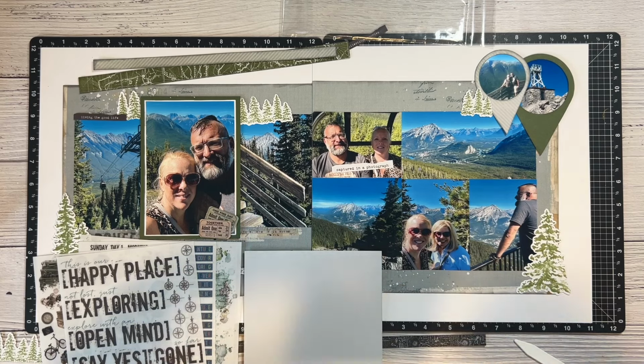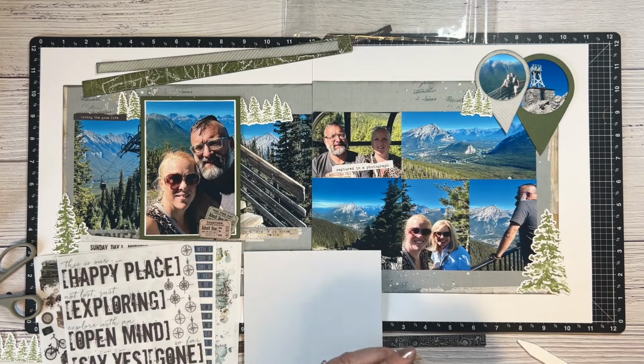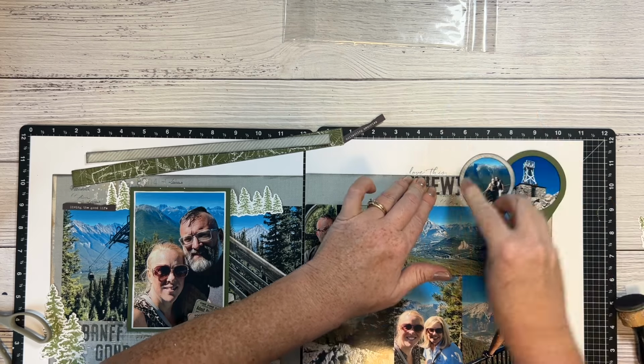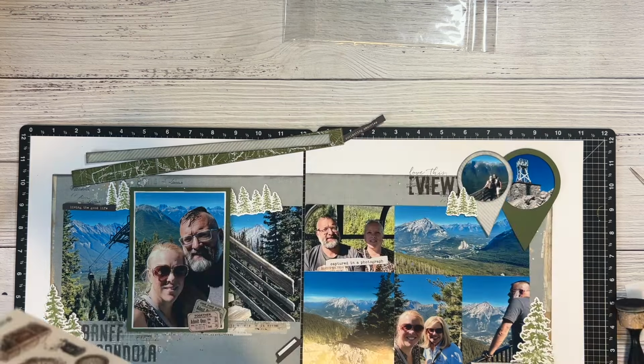So you want to be a bit careful when you put these down, because once you put them down, they might stick. They're a lot stickier than those old Close to My Heart ones I had from a different video. So you just pop them in that spot where you want them, and you use the little tool to rub it down. And then I actually used a little piercing tool to lift up. I was having trouble getting it with my nails, and you just peel that back and you have your pretty little